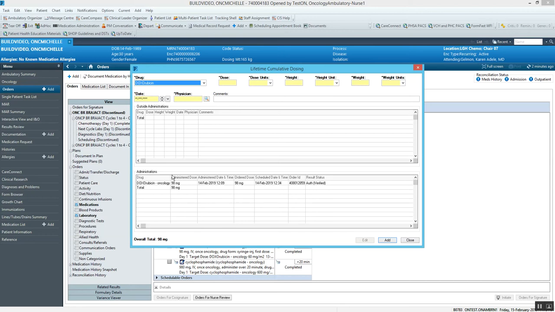Now, because this window shows milligrams and not the required milligrams per meter squared, another screen that can be useful is the oncology flow sheet, which I will show in a minute. The upper portion of this screen is for outside administrations. If the patient had received an outside administration from a site that was not on Cerner, this could be documented within these fields. I could simply put in the dose, which once again is either in milligrams or units if